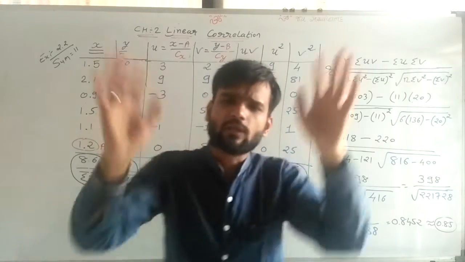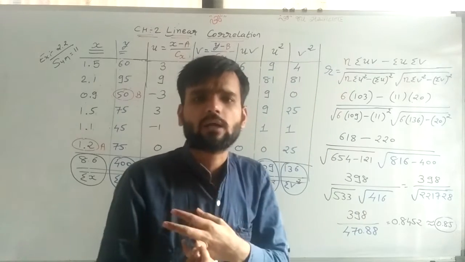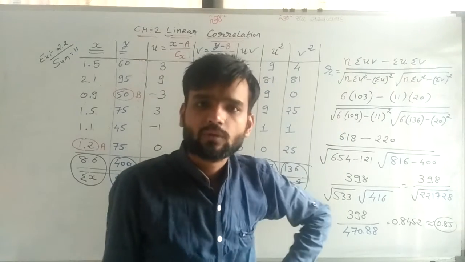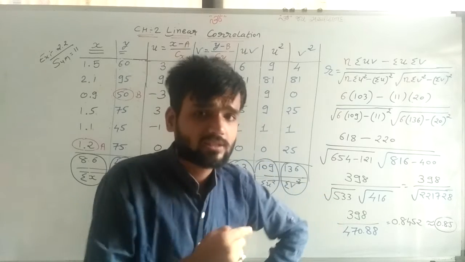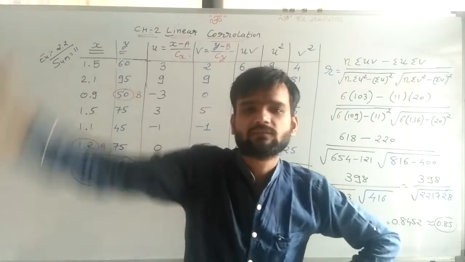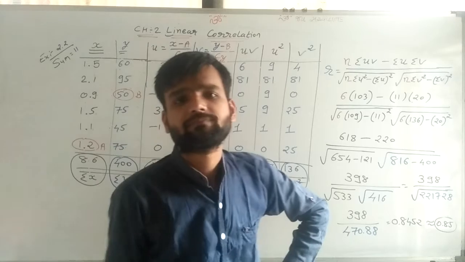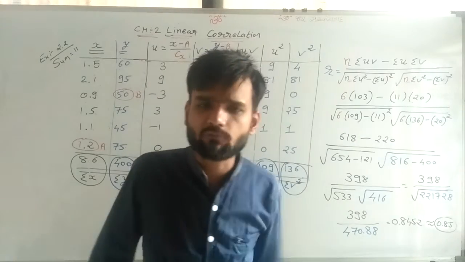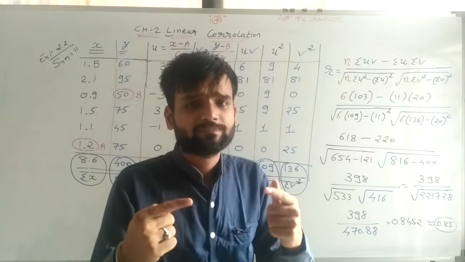Sometimes for students I give this instruction: if you cannot remember three formulas, just remember the third formula. Do all the sums with the help of the third formula. Your answer will be right. You don't need to think about which formula we are using. But this is only for whom? Who want 100% marks, so that they can do it easily. Otherwise, remember only one formula, the third formula. Do all the sums with the third formula. Your 5 marks are fixed. Now we are starting with the sum.